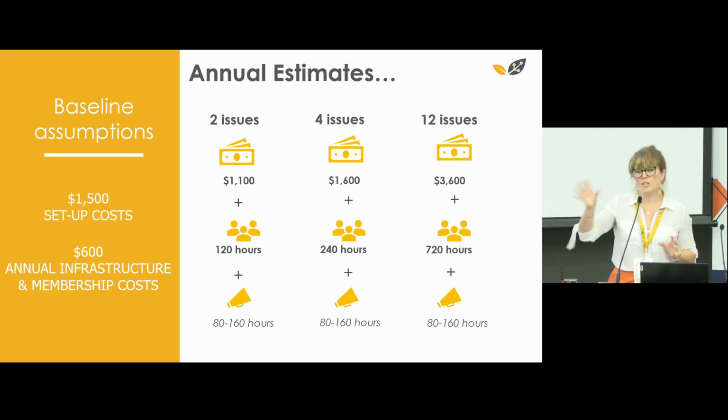And that is the crux of why I wanted to share this information today, because if we don't establish those baseline assumptions, if we don't have what we consider and will enforce as an acceptable level of pricing, we will be in exactly the same position we're in now with the big global publishers as in 10 years' time, when the government's mandate for open and suddenly every university has an open journal because owning an open access journal is one of those